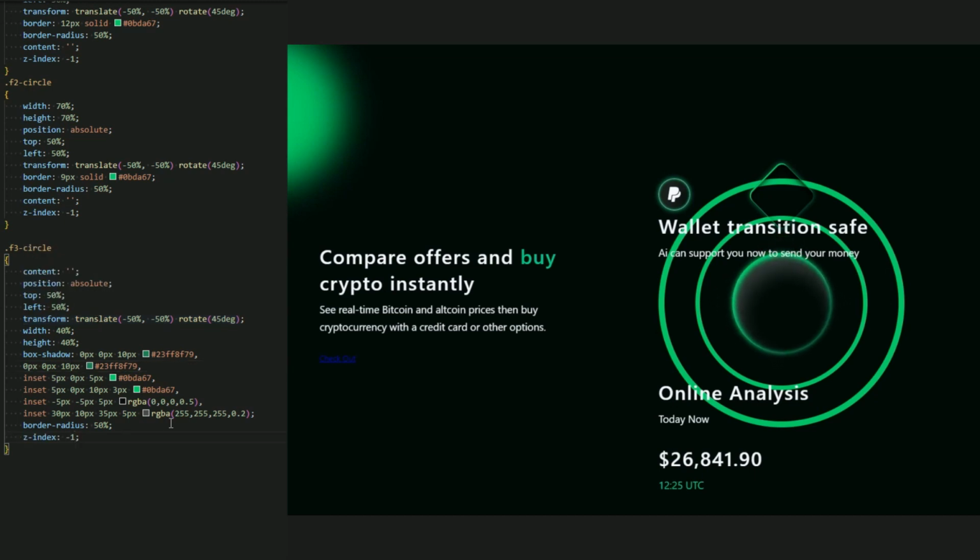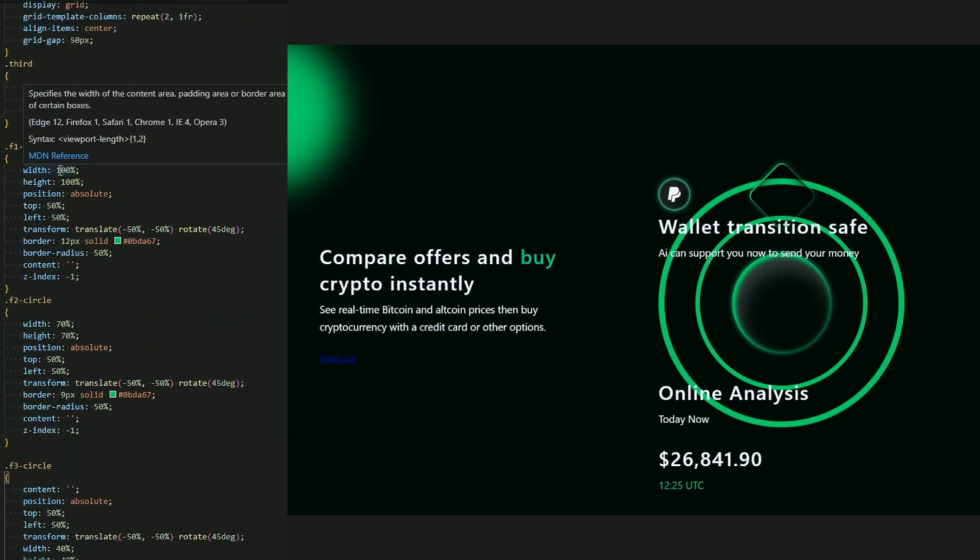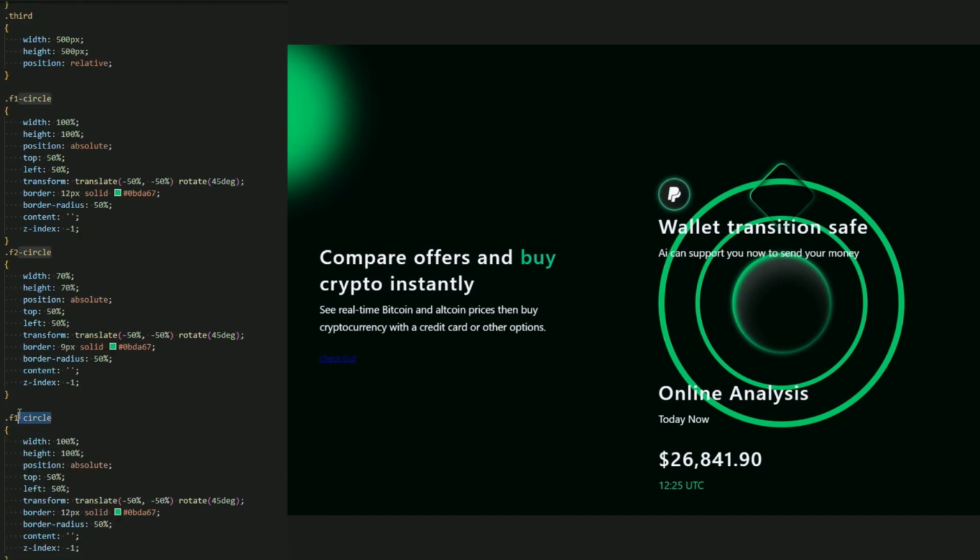And now let me add a simple before and after for this F1 circle and F2 circle. I want to add a before, F1 circle before and F2 circle before, to add a little black border inside of this color. This is why I created this before. So again, let me just copy, paste it, F1 circle before, and F2